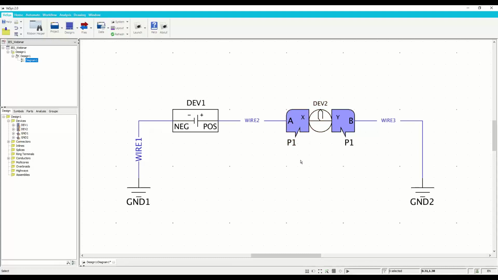So this is a very smart and easy way to leverage the component links in your database and extend the digital thread from your database all the way to your design and leverage the design in the documentation and so on. So VSys is not just a drawing tool, it's actually a platform that allows you to innovate in your design. So with that, let's jump back to our presentation and continue from there.